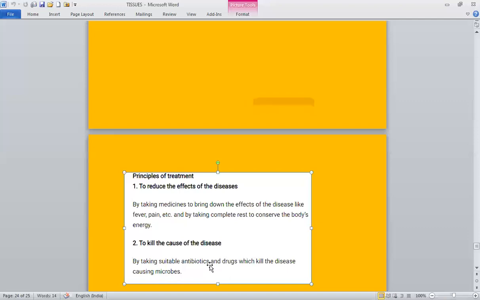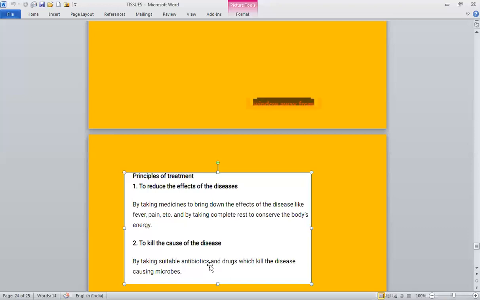See, symptom-based treatment can provide relief only for a short duration. Suppose we are having stomachache or loose stomach, then if we are reducing the effect, it will only last for a short duration because it does not kill the cause of the infectious agent. It is not killing the E. coli, which is causing loose motion. So killing of microbes is essential to treat this disease.